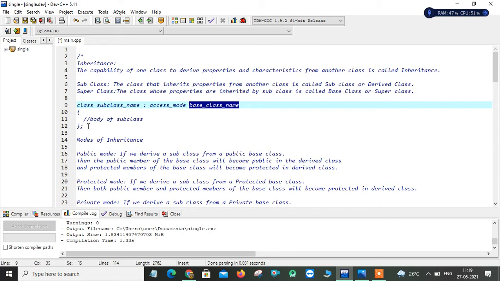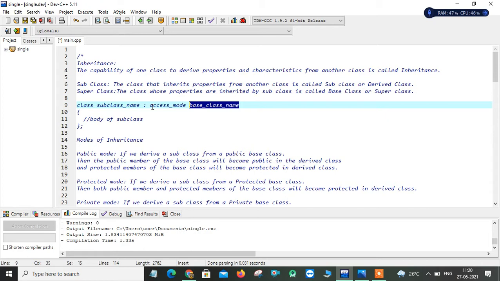After that you can provide the body of the subclass. Now this access mode will specify how you are going to inherit your parent class into your child class. So these are the modes of inheritance, that is, how you are going to inherit your parent class: privately, publicly or protectedly.